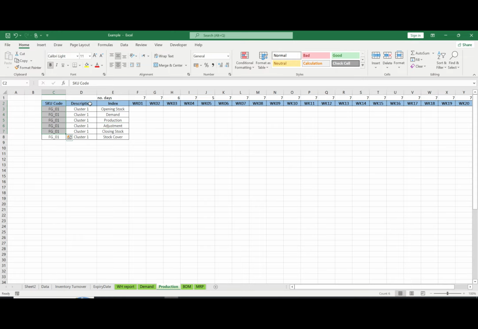So you have the SKU code, description, and the index that we need. I need to add two new parameters. One is the batch lot that you're going to make. So I say batch lot, let's go, I don't know, 300. So every production run that you're going to have is a multiple of 300 pieces or 1000 or kg. And then